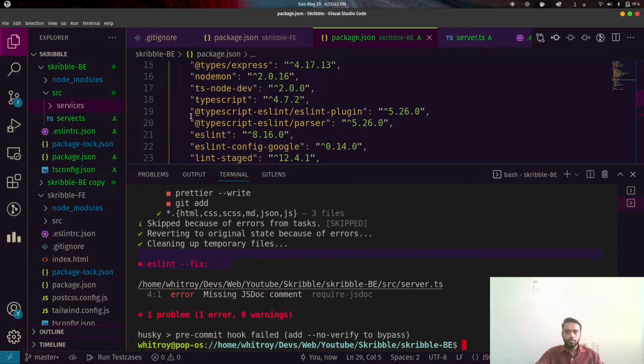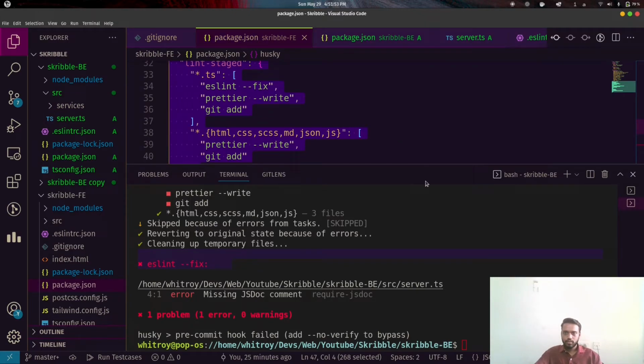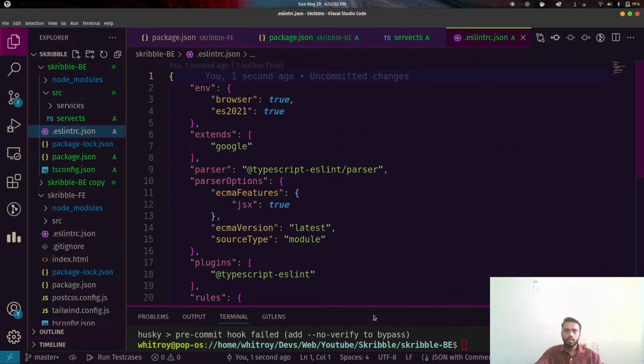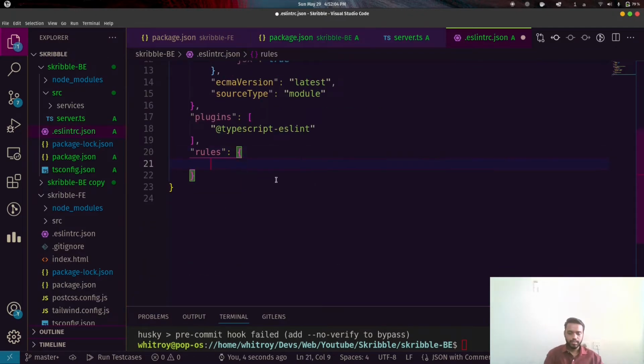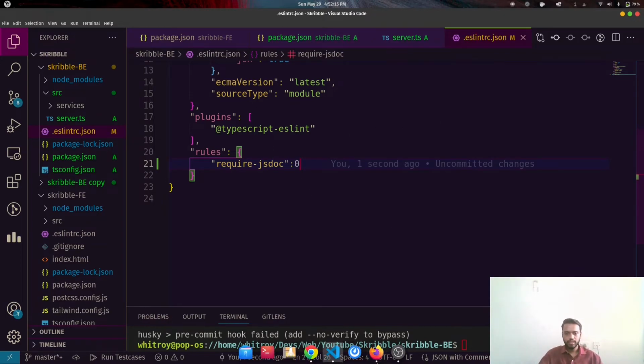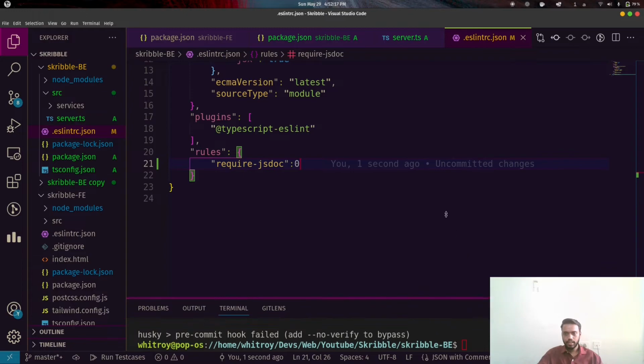According to this Google linter, we have to write JavaScript documentation for our code. But we are using TypeScript, so we don't need that much documentation. So we will override the rule here, require-jsdoc, and we will set it to 0, that is, off. And again